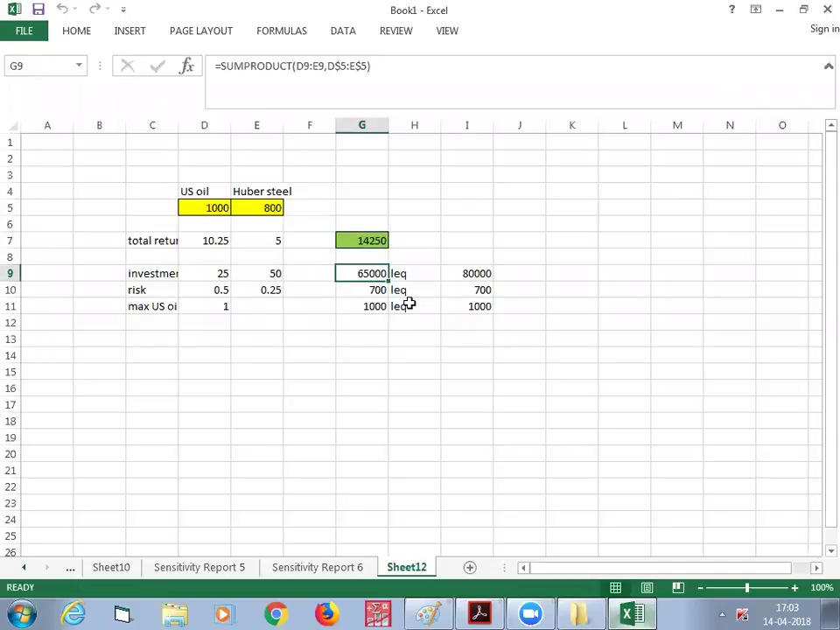That drops down to 65,000. So notice, because of this limitation, we cannot use up all of the funds, and because of the risk problem, we cannot use up all of that. And so we now buy 10.25 unit, oh sorry,